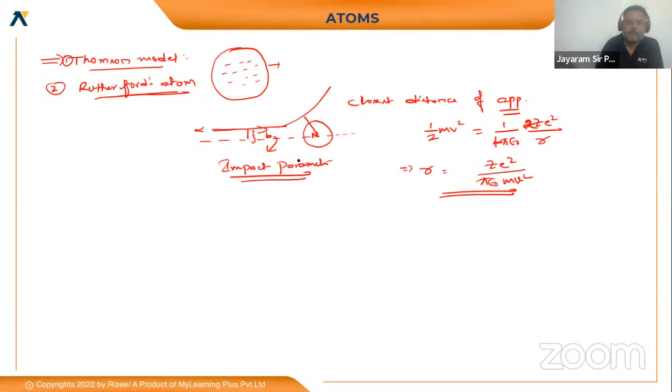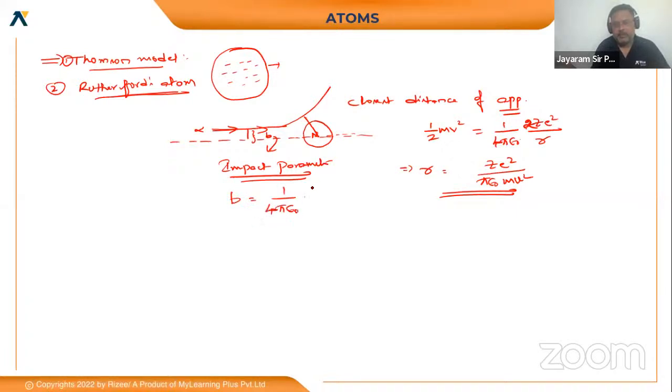Impact parameter is the perpendicular distance between the line passing through the center of the nucleus and the path of the alpha particle. So the impact parameter is b =